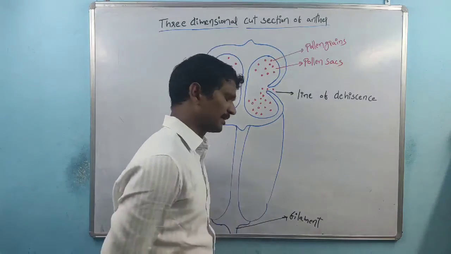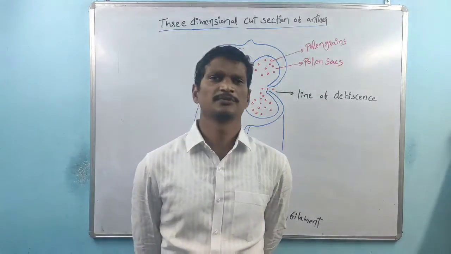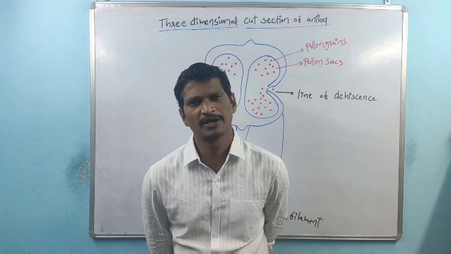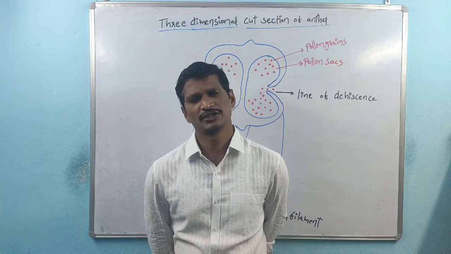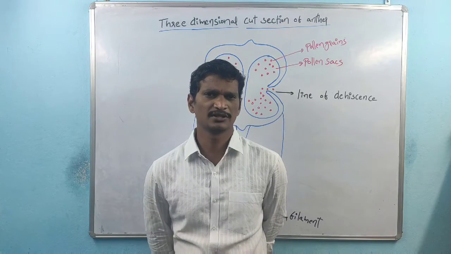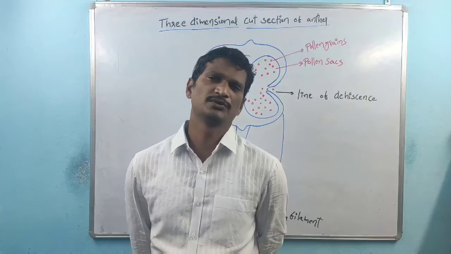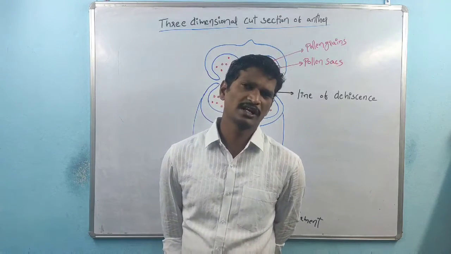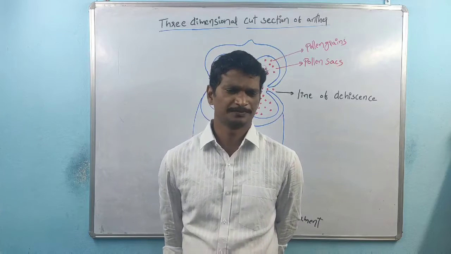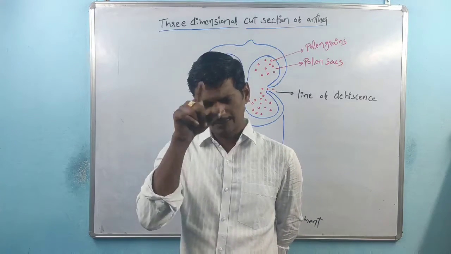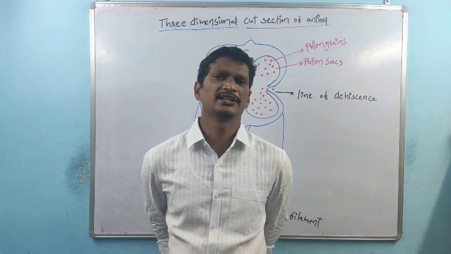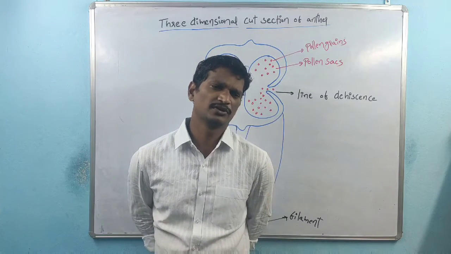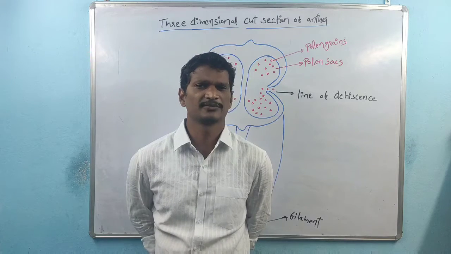Hi students, last class we discussed sexual reproduction. We discussed the different parts of the flower, the essential and non-essential parts. Within the essential parts we discussed the androecium and the gynoecium. In the last class we also discussed the stamens, and within that the anther is a very important part. We discussed the different layers seen in the anther,